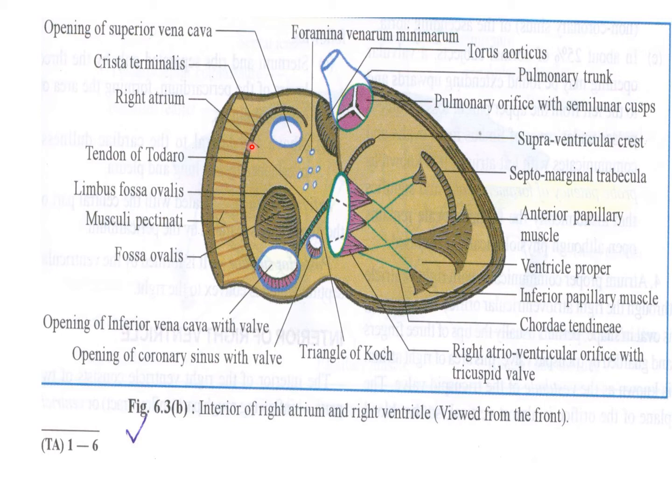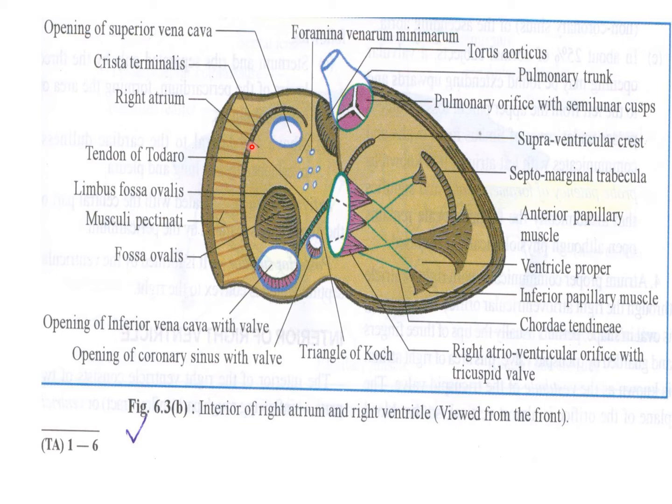So what did we call the posterior smooth part? Sinus venarum. And what did we call the anterior rough part? Atrium proper, which also includes the right auricle. These two parts are separated by the smooth muscle ridge named the crista terminalis. The sinus venarum receives the termination of the large veins and is developed from the absorbed right horn of the sinus venosus. The atrium proper is developed from the right half of the primitive atrium. Now the sinus venarum. So what is there in the sinus venarum?